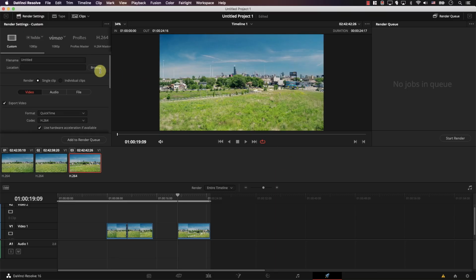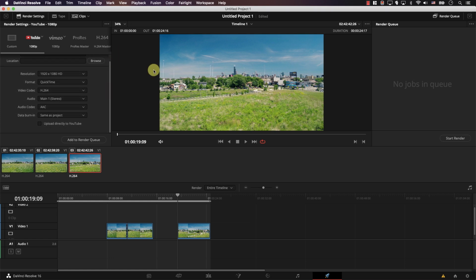So for example, we have a simple button here that's called YouTube. If I click it, Resolve will pre-populate all the options here in order to make this file exported perfectly for YouTube. And to the right, it even includes a queuing system. This is very beneficial, for example, if you want to export multiple files or the same file in multiple formats, and you don't want to export one file, come back, export the next, come back, wait for it to export the third one. So it basically allows you to queue everything in line, and with a simple click of a button, you render everything.